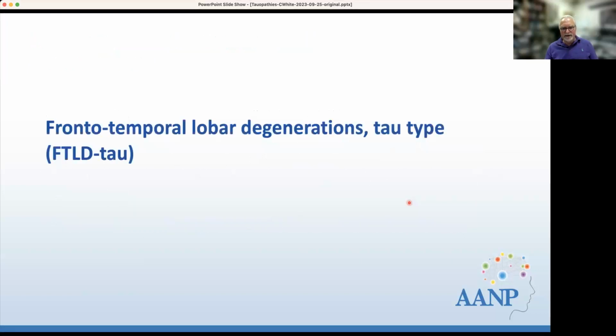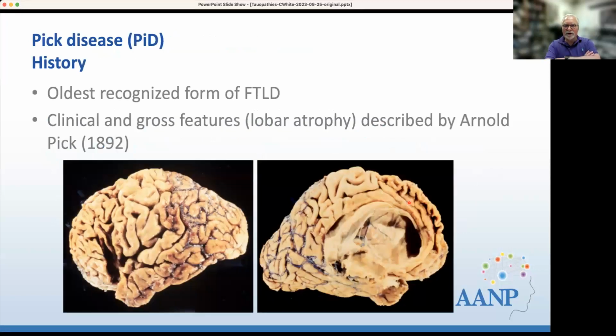Okay, let's jump into the FTLD taus, or the frontotemporal lobar degenerations of tau type. Pick disease is certainly the oldest recognized form of this entity, and in fact, the oldest recognized form of FTLD. Of note, the original description of Pick disease ascribed to Arnold Pick was the combination of clinical and gross features, namely association of frontotemporal dementia features and language disability in the presence of what we now refer to generically as